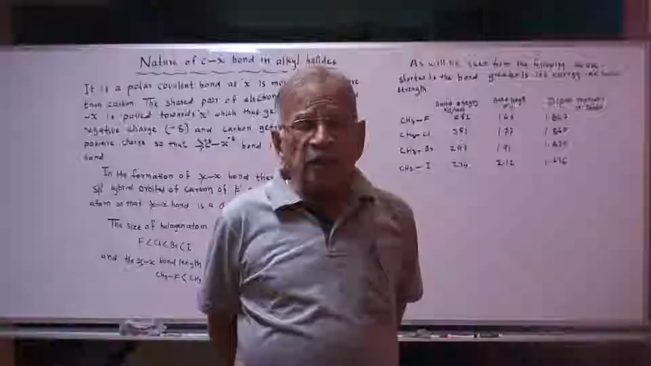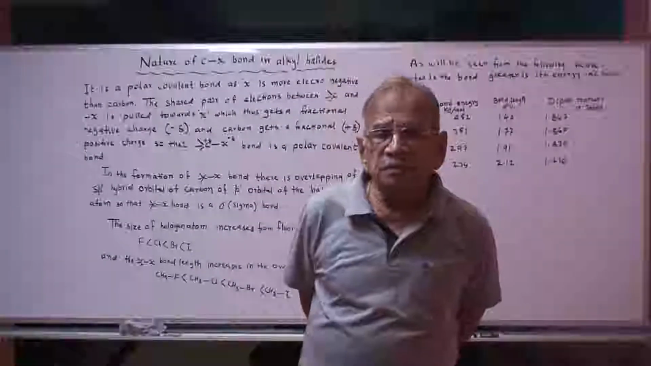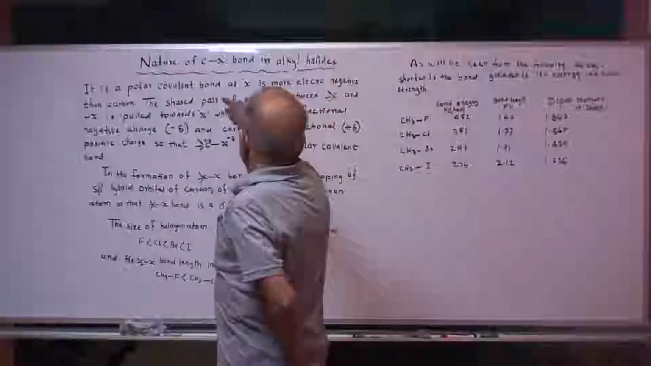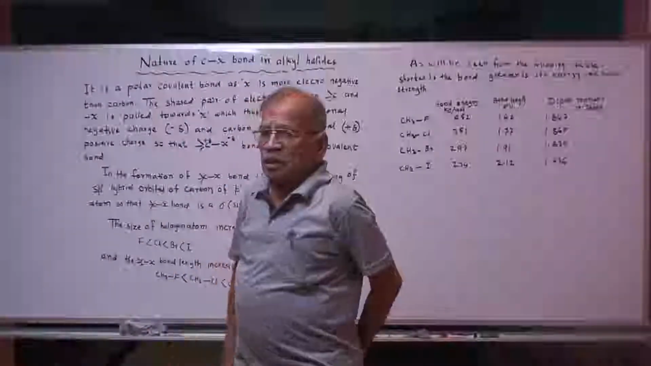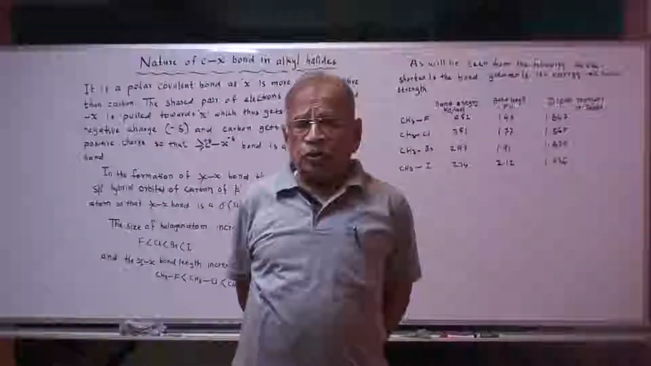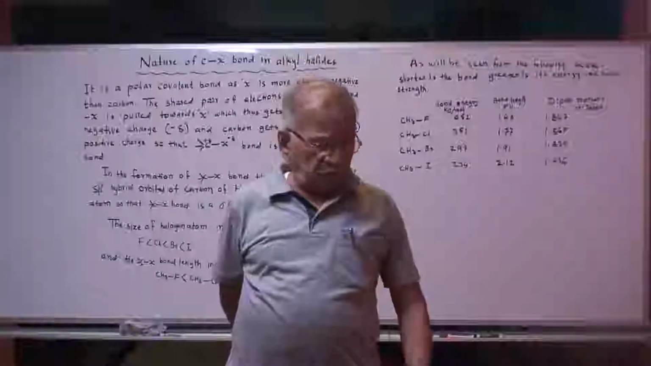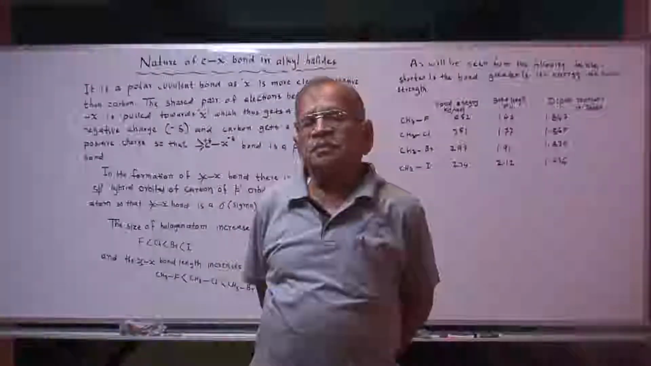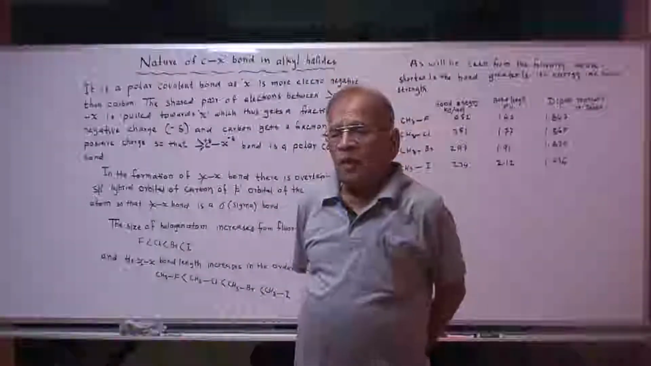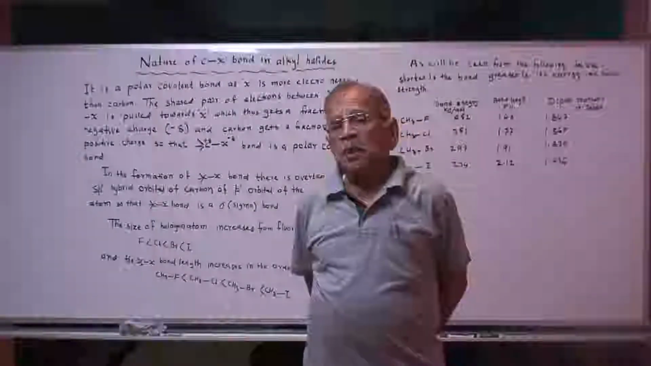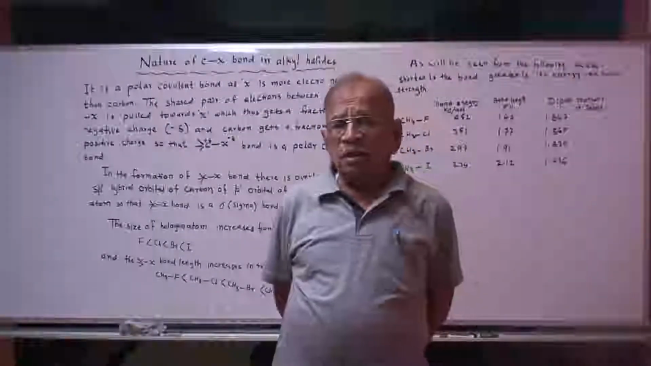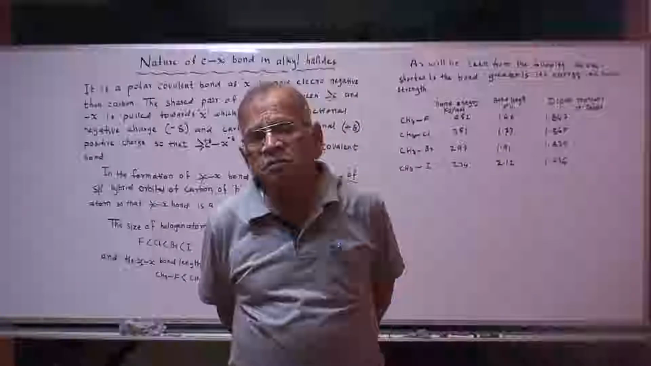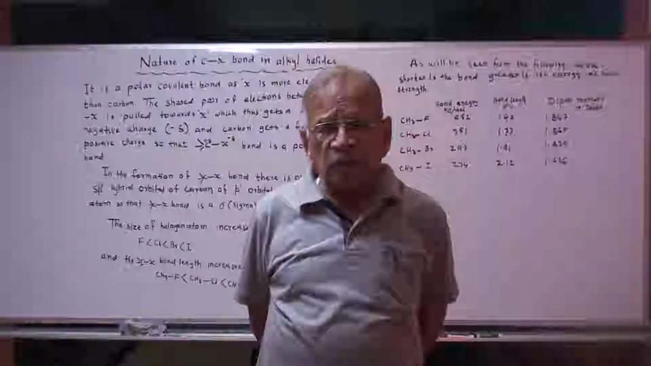Today we shall try to understand the nature of the C-X bond, that is, the carbon-halogen bond in alkyl halides. For example, the C-Cl bond in methyl chloride or chloromethane,